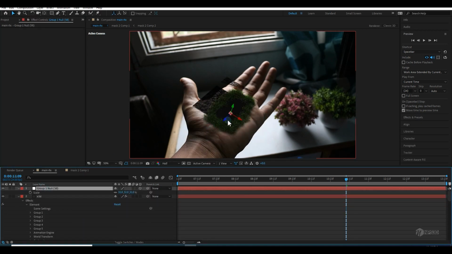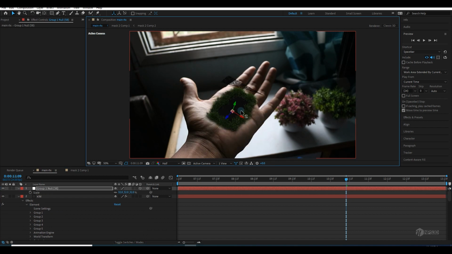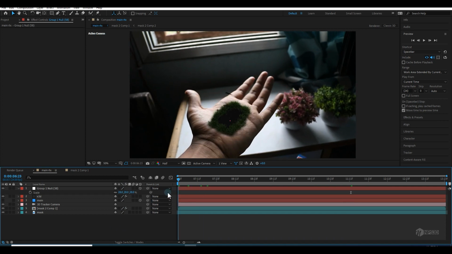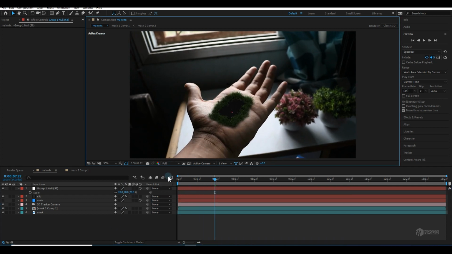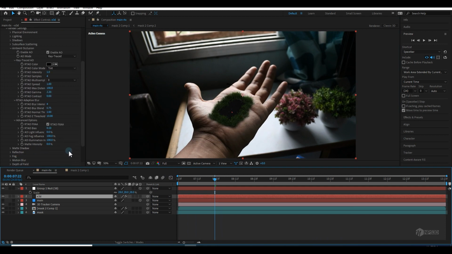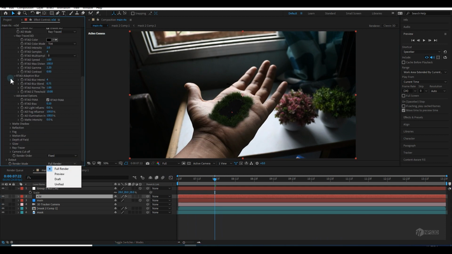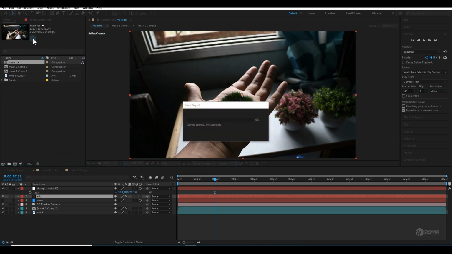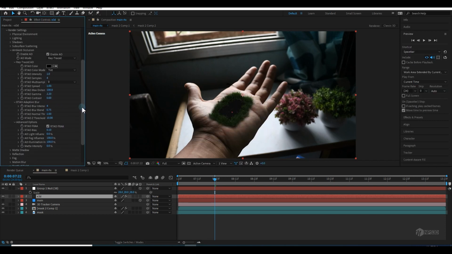You can scale down to 30, maybe 28. Switch back to the full res. Go to the Element 3D, and this is already in full. Go to the 32 bits, and now let's correct the ambient occlusion a little bit in a good way.